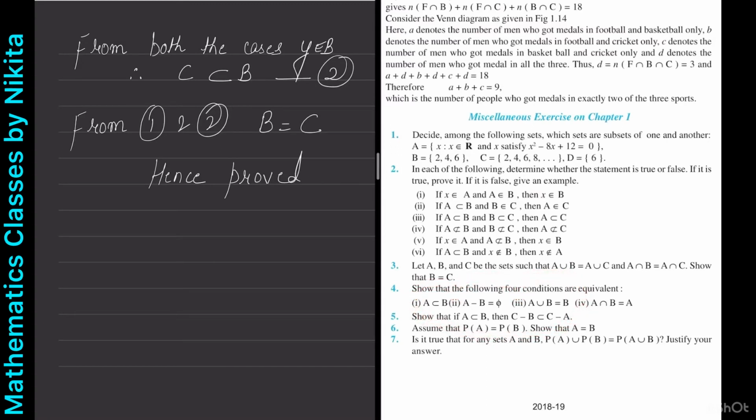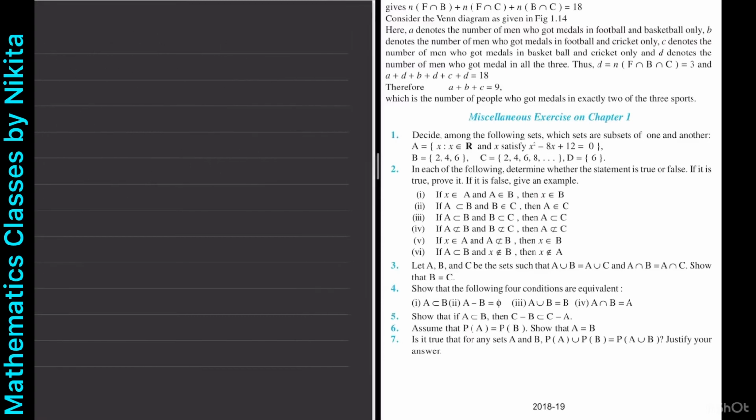And the second method says that you prove that 1 and 2 are equivalent, then 2 and 3 are equivalent, then 3 and 4 are equivalent. So therefore equivalent means implies and implies. 1 implies 2, 2 implies 1, 2 implies 3, 3 implies 2, then 3 implies 4, 4 implies 3. So I'll adopt the first method. Okay, so question number 4.